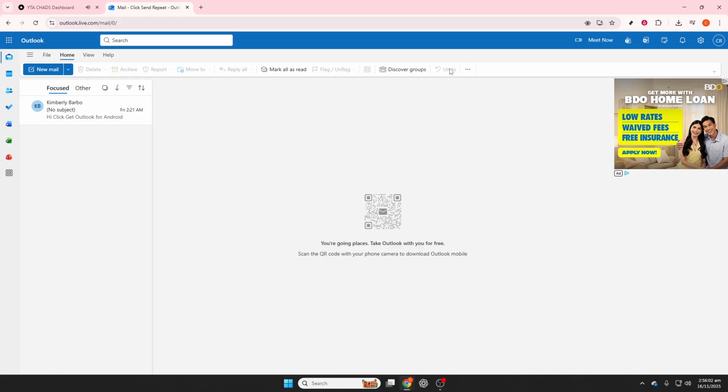This neat feature is essentially your safety net, giving you peace of mind and a buffer to work with in your fast-paced email environment. Adjusting the undo send delay can truly make your Outlook experience much more forgiving. And there you have it, a quick and simple way to recall an email on Microsoft Outlook. With practice,